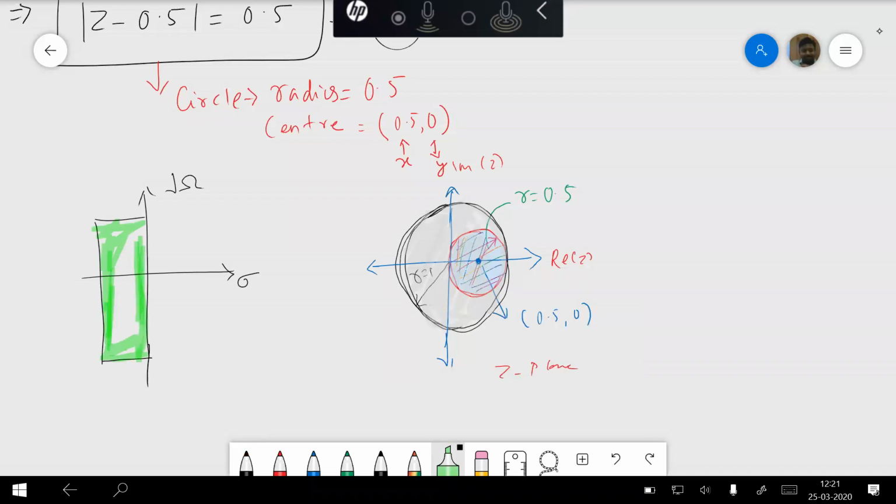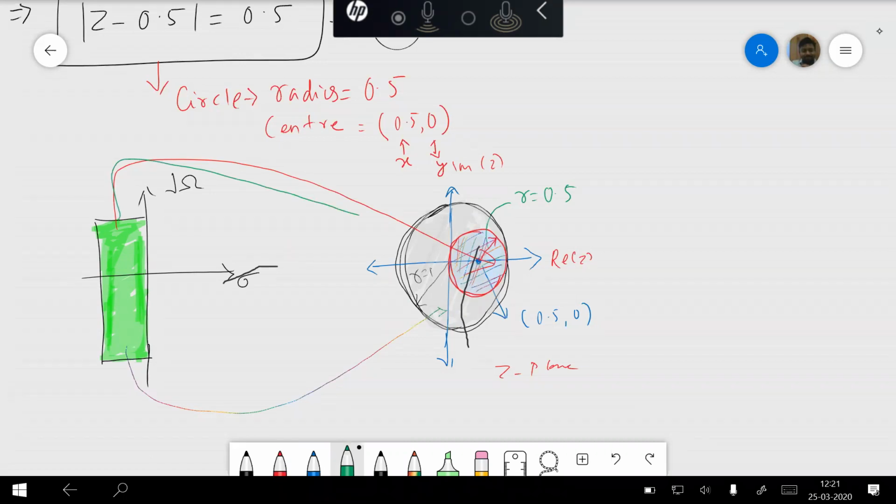Ideally, the total left side should map inside the unit circle. Okay, the total left side has to map inside the unit circle, like this, all the values have to go inside this. But in this method, what is happening is that the whole of the left side is mapping to this smaller circle. Okay, mapping to this particular smaller circle.